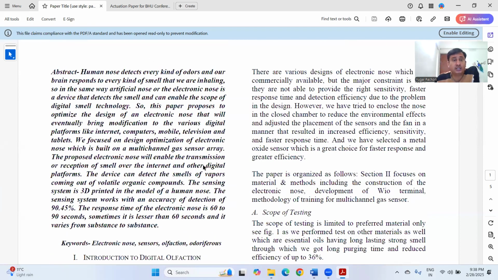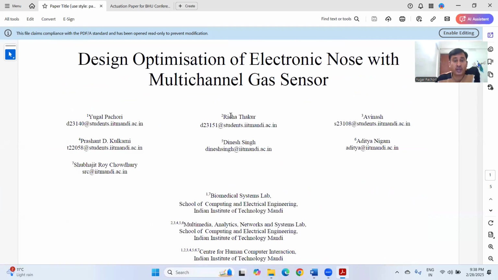Now you can see you have to address the topic, then you have to write the names of your authors and their mail IDs as per the format the conference requires. It depends upon the format in which the conference is asking. They give a particular format in their templates. You must follow that particular template. Otherwise, there are chances of rejection.